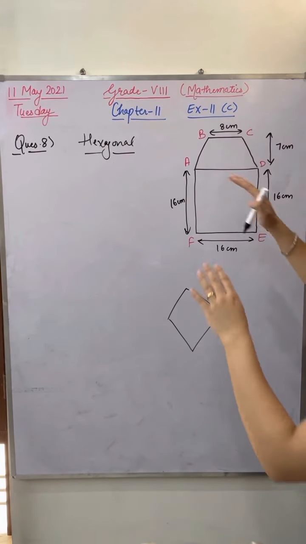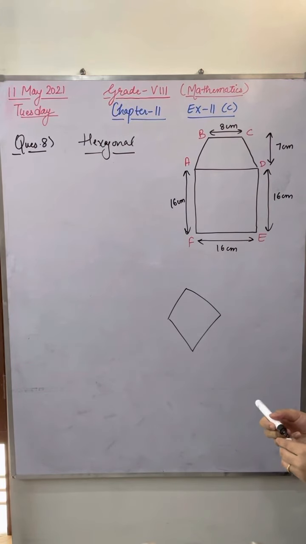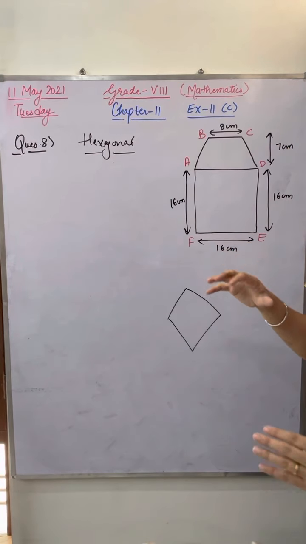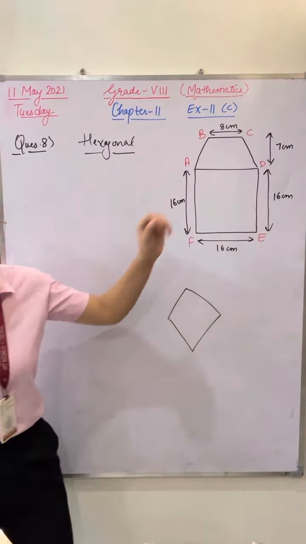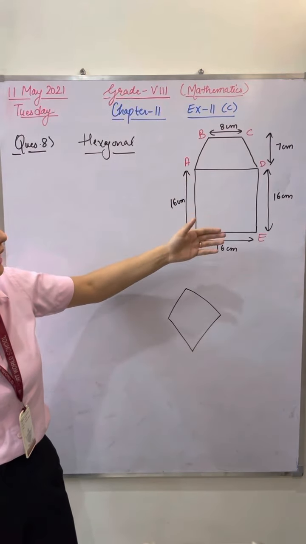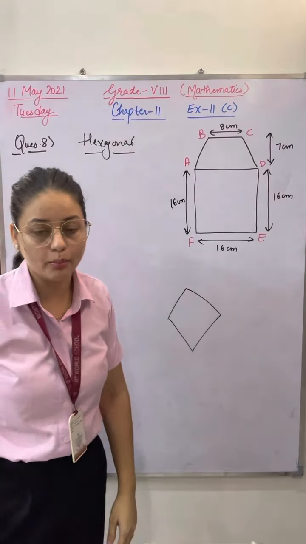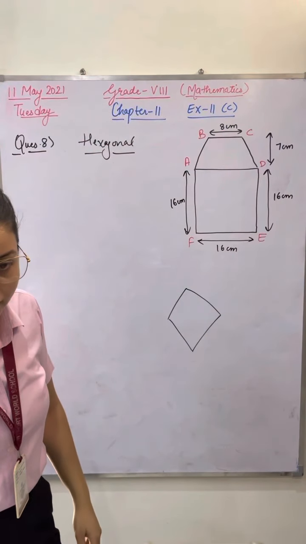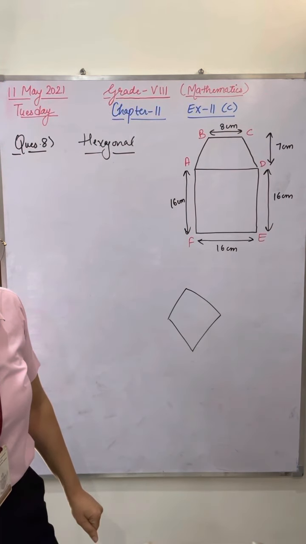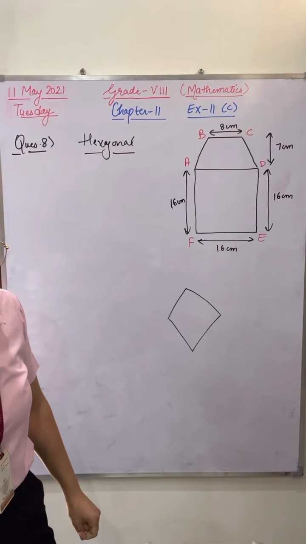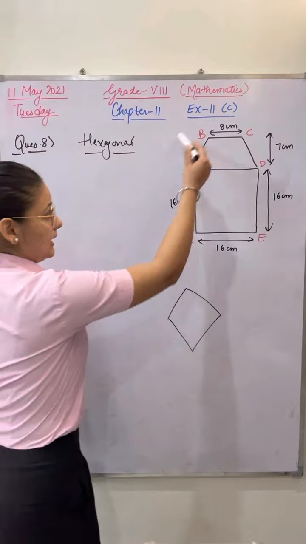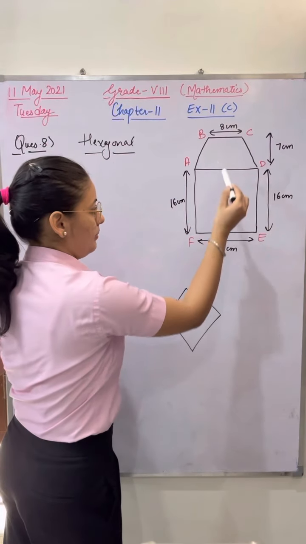Firstly, check what kind of shapes it contains. Can you tell me what shapes this complete shape has? Into how many shapes can I split this shape? Tell me, trapezium, square, rectangle, or how many shapes? Avika, very good. Hardik, yes. Chaitanya, Swayam, very good. Jasmine, right. Jaideep, right. Yes, very good. So in this hexagon there is a trapezium and there is a square.